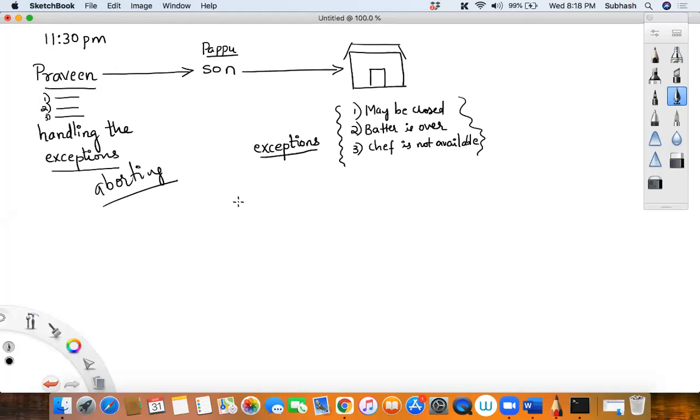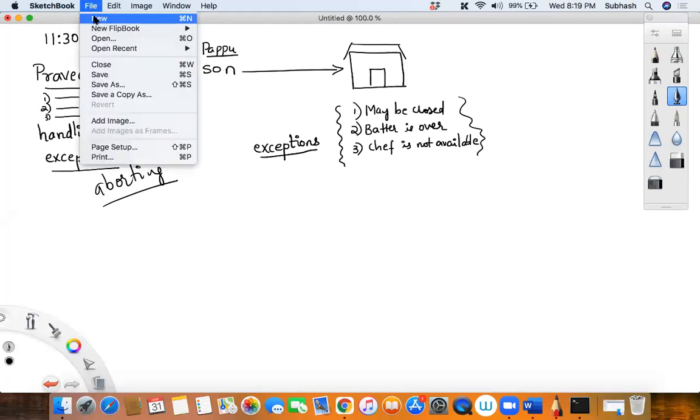Whatever example I'm giving you now is called input handling, but still you can relate it with exception handling. Because you entered a wrong PIN, it is not saying it is aborting right away. It will try two or three times, and even after that, if you keep entering a wrong PIN, it becomes suspicious and says it's not allowing you to go further, and it aborts the operation. Is that clear till here, my dear friends? If you understood this much, then the rest is very easy.